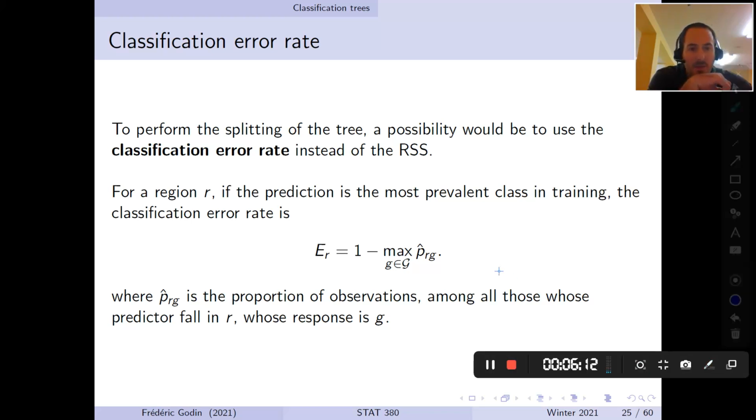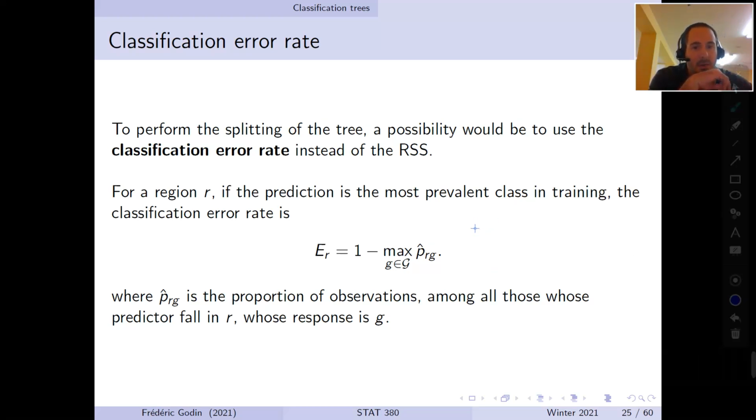We have three possible classes, 1, 2, 3, and the proportions of observations in the three classes are 0.7, or 70%, for the first class, 0.2 for the second, and 0.1 for the third class. So if we do that, then we definitely classify the observations in this region R as first class